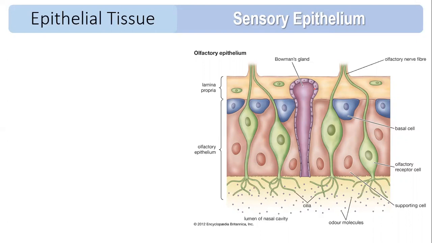So you can see this. It has one cell which is a columnar cell, and another cell which is called neurosecretory cell. So sensory epithelial tissue is made up of two cells, columnar cell as well as neurosecretory cell. There are sensory hairs present at the free end of the cells. So you can see over here.